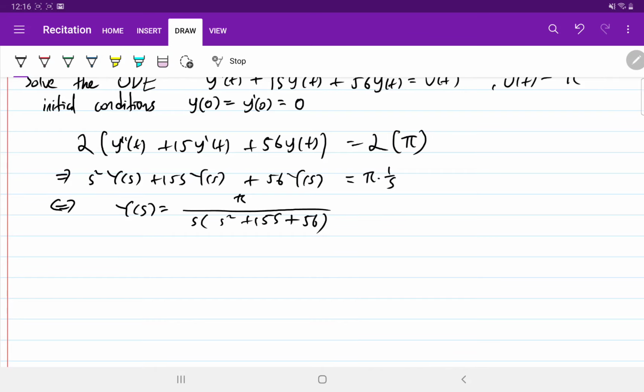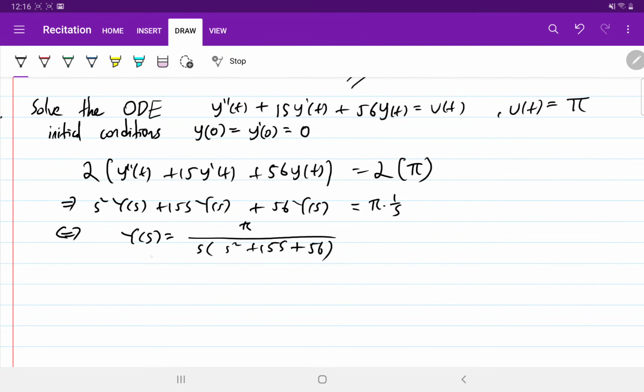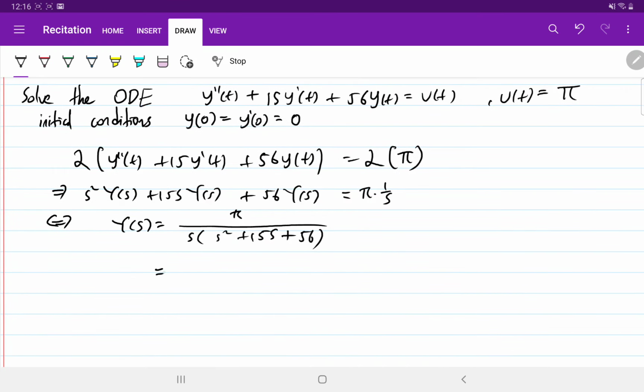Okay, so to solve this ODE, we need to find y of t. The solution is y of t, so we need to use the inverse Laplace transform. But to solve it, we need to apply the partial fraction expansion again. So the partial fraction expansion: this polynomial s squared plus 15s plus 56 can be simplified into two terms. It's a quadratic polynomial, so